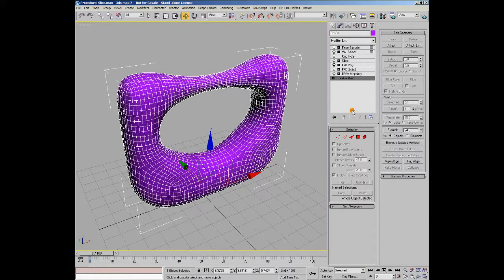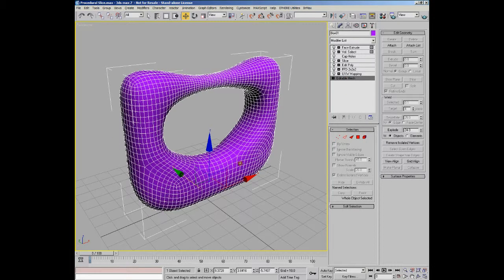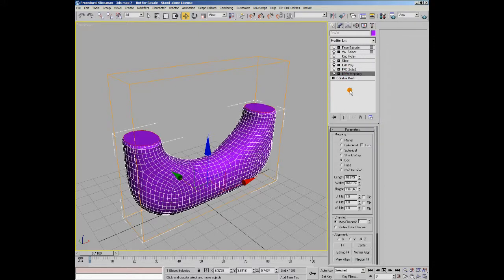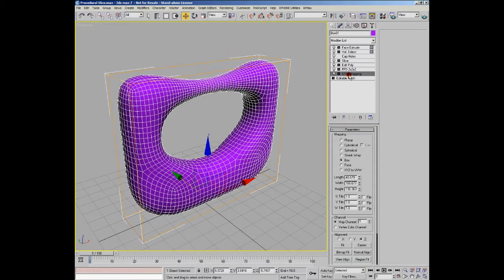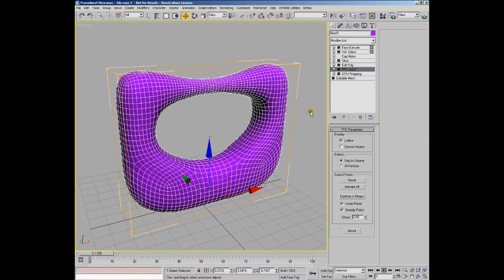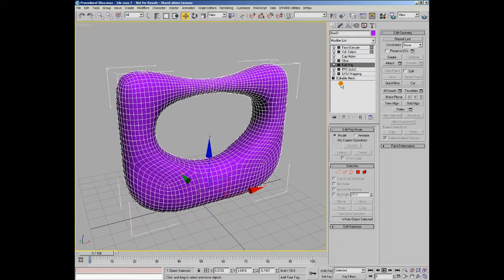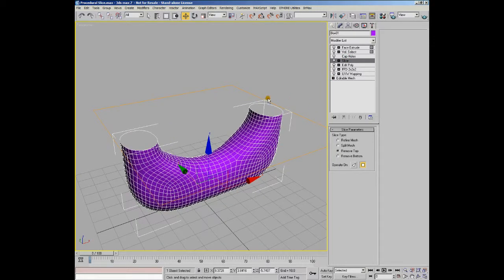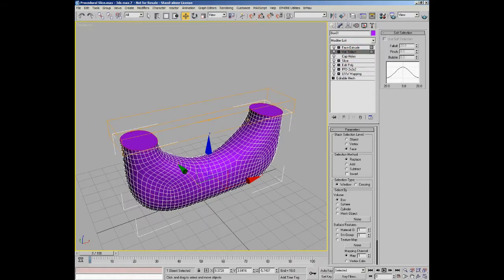If I go down to the editable mesh, you can see we've got the editable mesh here. Then we've got some UV mapping applied. And then we've got an FFD modifier that comes in and deforms our mesh a little bit. Then we've got an edit poly modifier, which allows us to model our object or whatever. Then we've got a slice, which comes in and cuts our mesh off up to a certain point. We then cap these open holes here. Then we use a volume select to select these new faces, and then we use a face extrude to